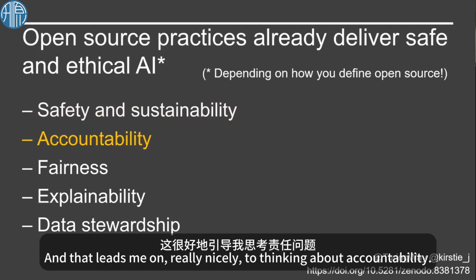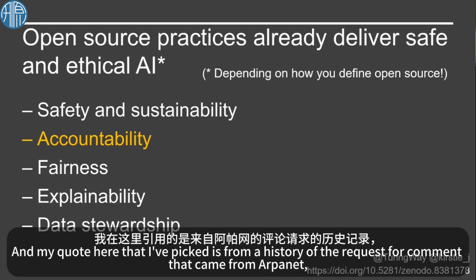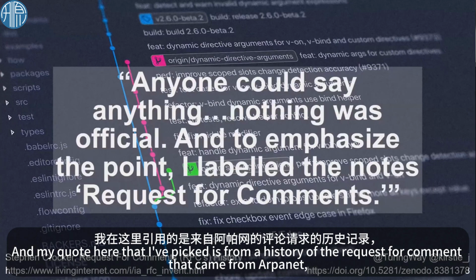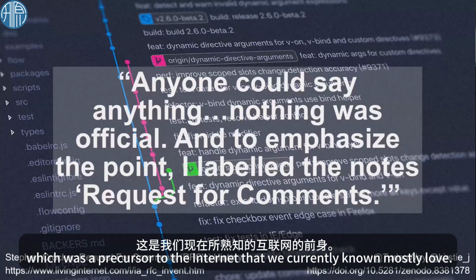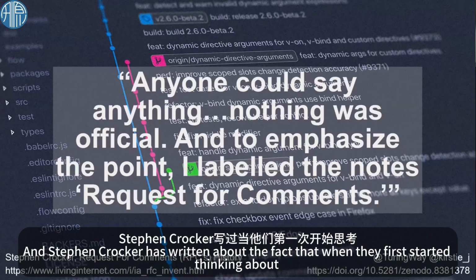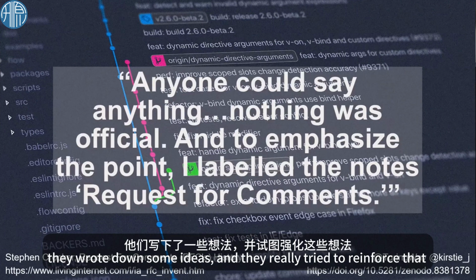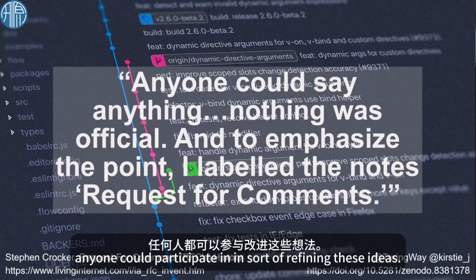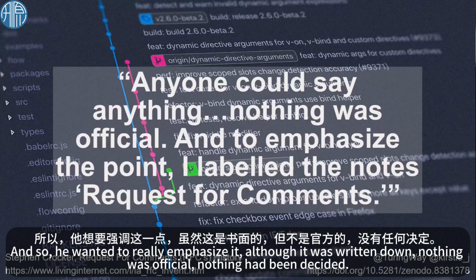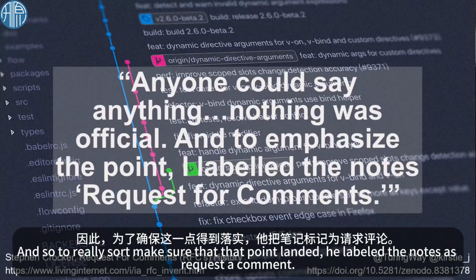And that leads me on really nicely to thinking about accountability. My quote here is from a history of the request for comment that came from ARPANET, which was a precursor to the internet that we currently know and mostly love. Stephen Crocker has written about the fact that when they first started thinking about how to build this sort of system, they wrote down some ideas, and they really tried to reinforce that anyone could participate in refining these ideas. He wanted to emphasize that although it was written down, nothing was official, nothing had been decided. And so to make sure that point landed, he labeled the notes